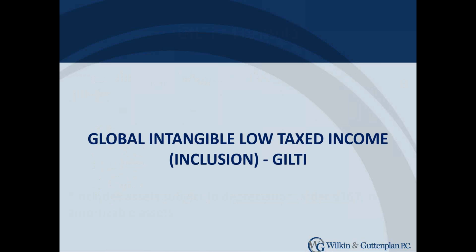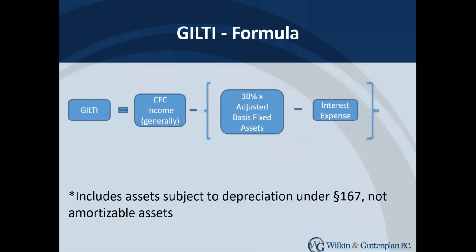And now I'm going to give you a flashback to high school algebra. Here's the concept. Think of, on one hand, the dividends received deduction that was enabling companies to get a tax-free dividend from their foreign sources. So think about the opposite side of the pendulum. It seems as if the policy thinking here is they wanted some sort of minimum tax to make sure taxpayers were not paying zero worldwide on income. And the word intangible is the I in GILTI, but kind of forget about that because there's no requirement that they be tied to intangible income.